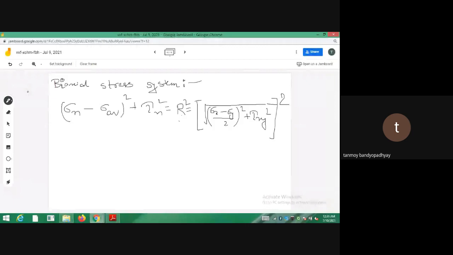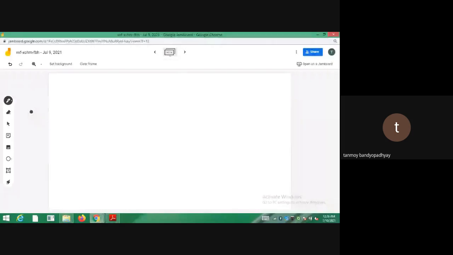So let's now draw the Mohr circle. The same things will remain. So what are the things? Where will the center of the circle be lying? It should be lying on sigma average comma 0, the center of the Mohr circle, and the radius of the Mohr circle should be equal to capital R. So let's now draw the Mohr circle. As we know, the coordinates used in the Mohr circle are sigma n and tau n. So this is sigma n and this is tau n.